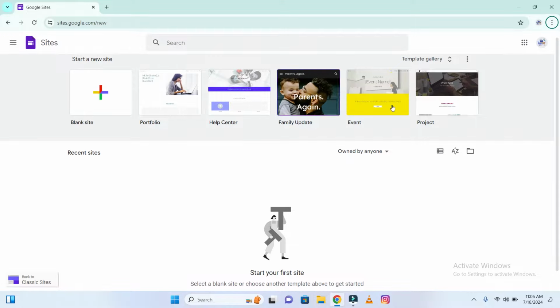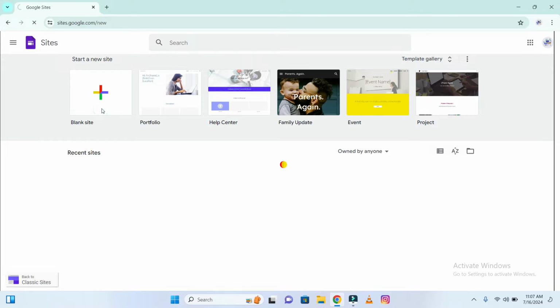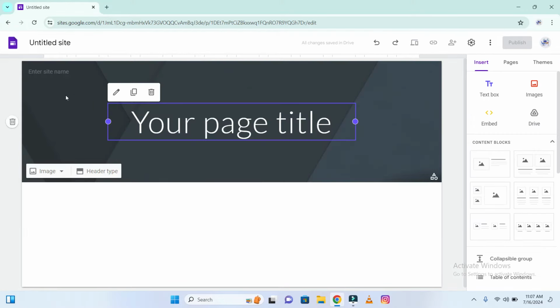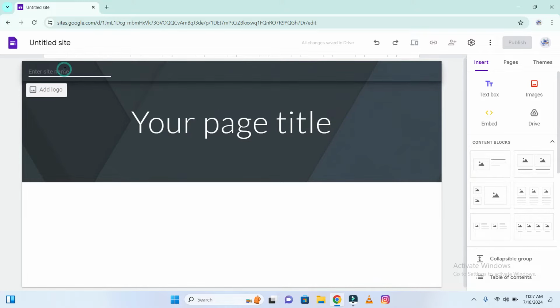Here you have multiple options, like you can create a portfolio, help center, family update, event and projects. So you have already made templates or you can make a custom one for yourself. So we will click make custom website, and for that you have to click on blank site. Okay, so this is the blank site and this is the site editor. You can just write the name of your website,